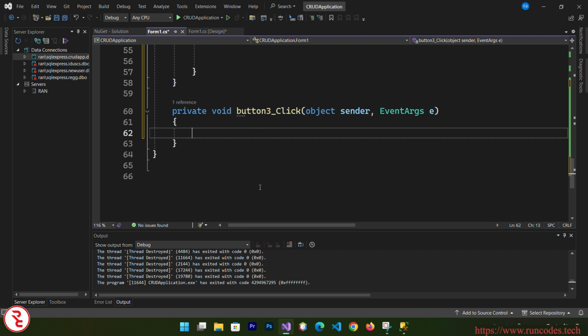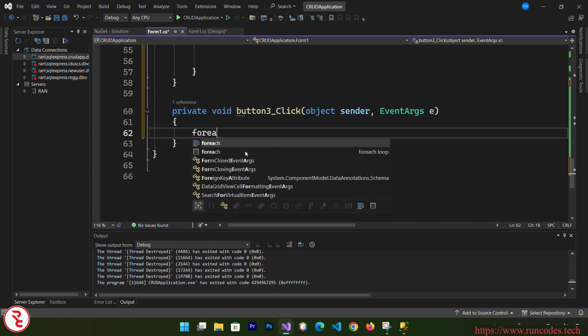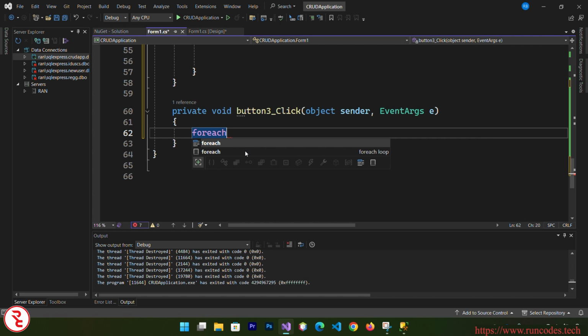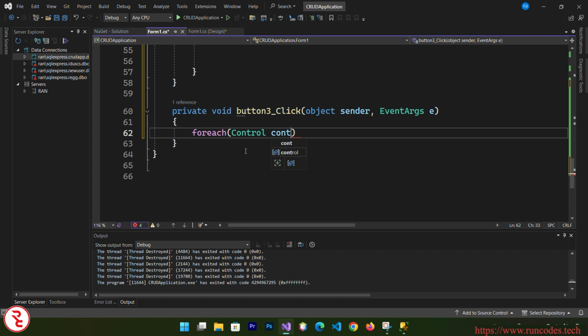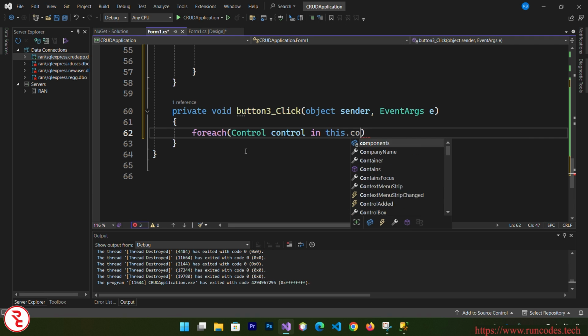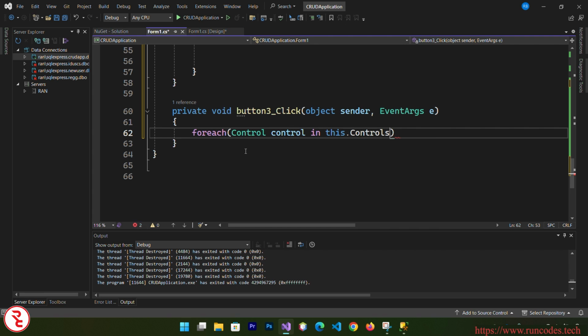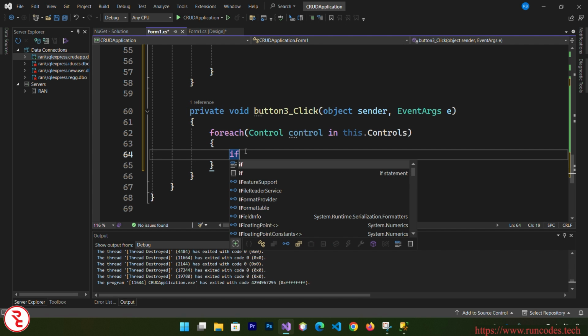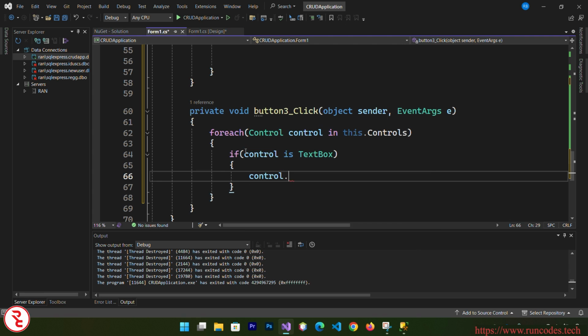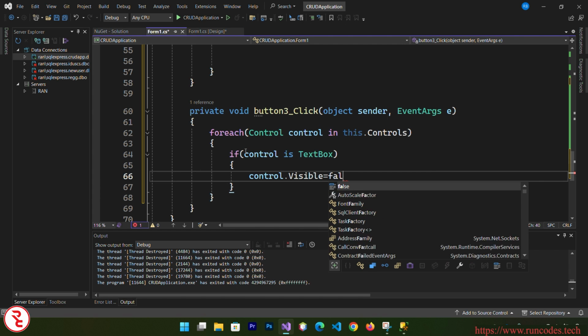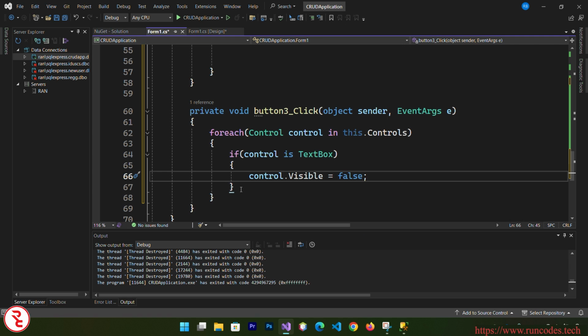For that we should hide all those text boxes. So again we can use the foreach loop. foreach control in this.Controls, if control is TextBox, then control.Visible is equal to false. We are going to hide all those text boxes,